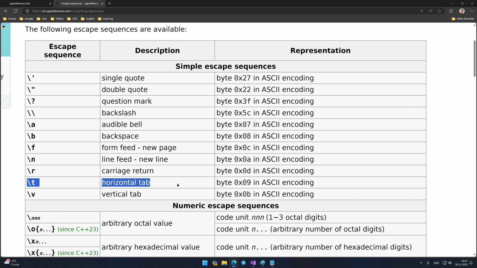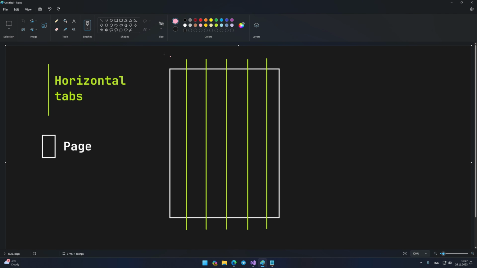Next, we need to explain the following. When you write text in any document, the positions for characters are organized into groups. Each group has the same number of spaces for characters horizontally. Each such group is called a tab. You have a tab key on your keyboard. If you press it while writing text, you will see that your cursor will move to the next group of characters.